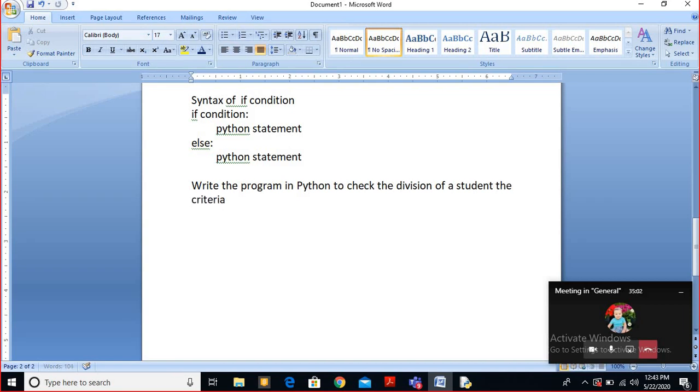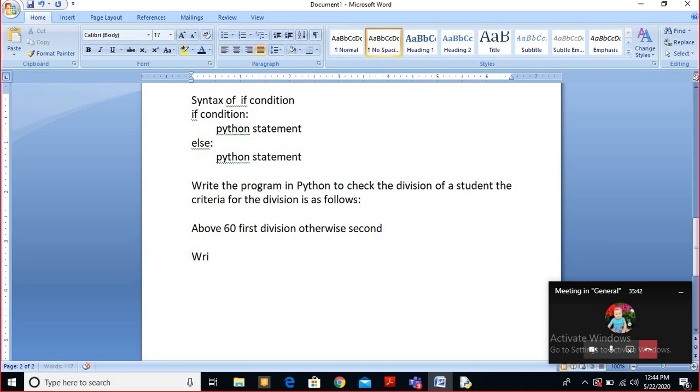The criteria for the division is as follows. Above 60, first division. Otherwise second.